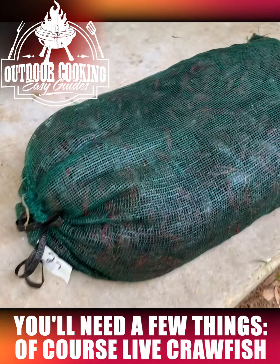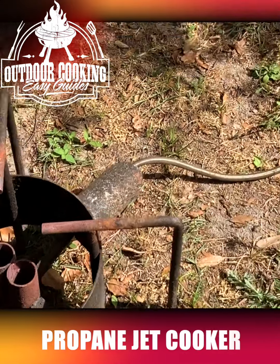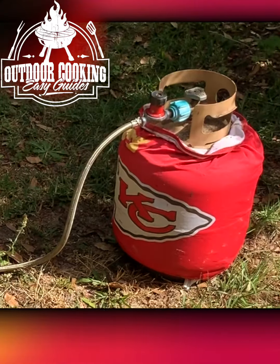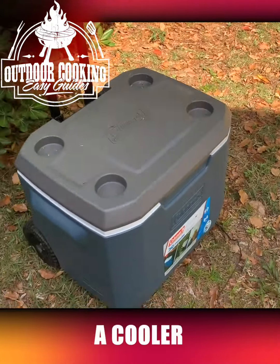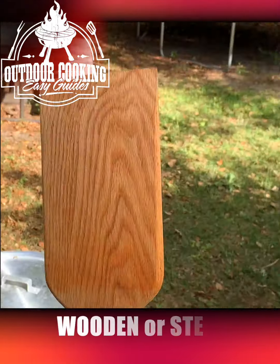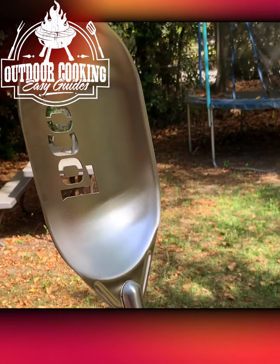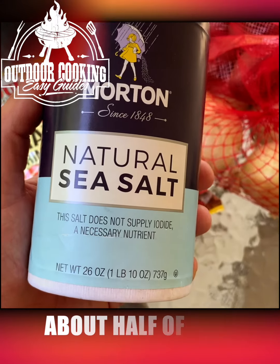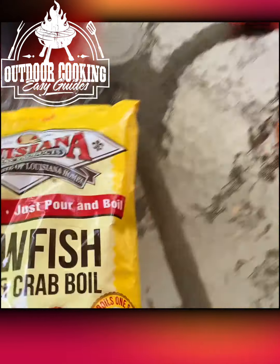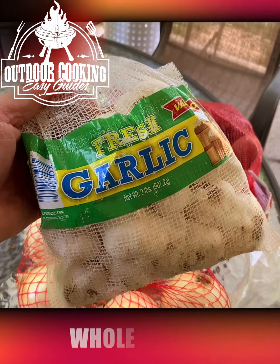Alright, to get started, we're going to need a few things here. Of course, you're going to need a bag of live crawfish, a propane jet cooker, you want an aluminum crawfish pot with the strainer inside, a cooler with a plug on the back, wooden or steel crawfish paddle, I use both on this one, a stick of unsalted butter. You're going to use about half of this container of salt. I use Louisiana fish fry products. It's great when boiling crawfish. You need your garlic,